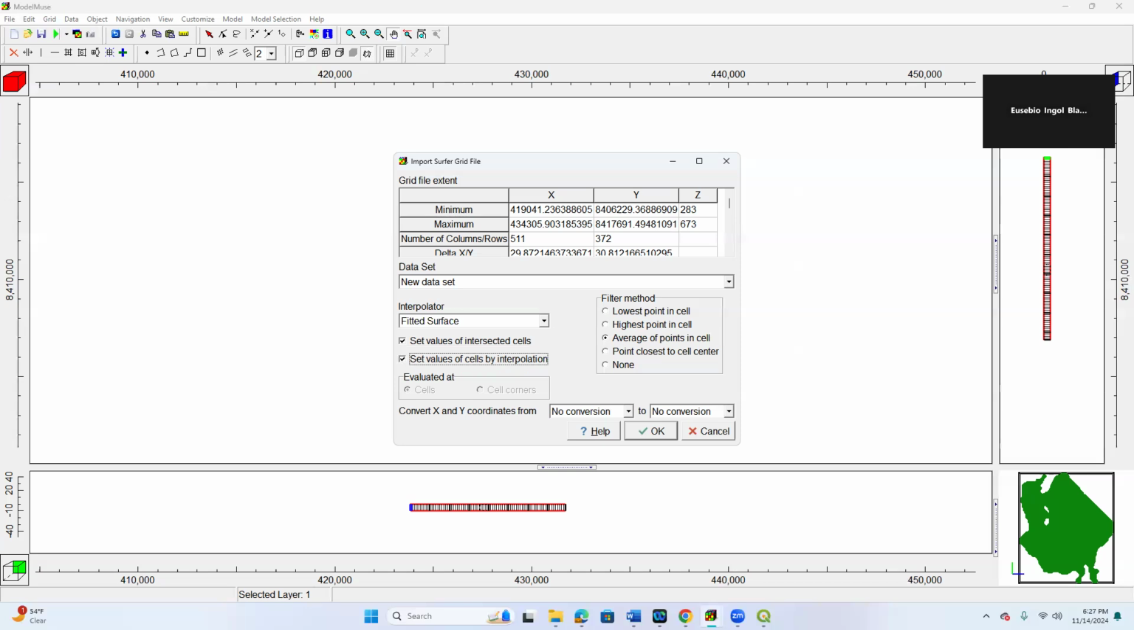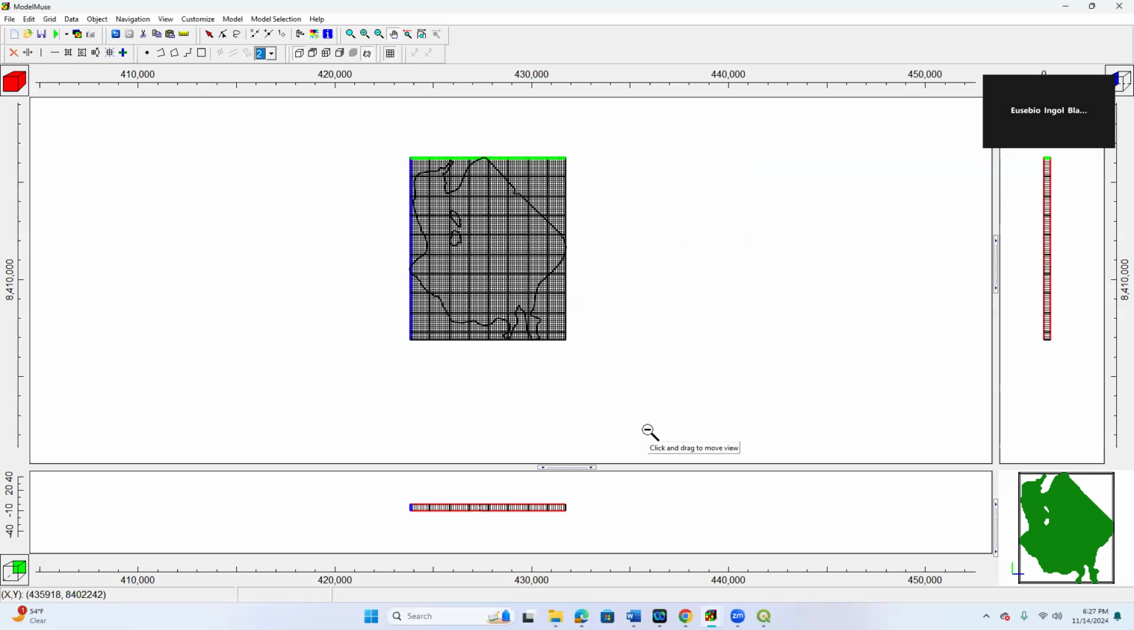What kind of information do we need here? We don't need more in this case. I think we have the information. Okay, and we can use the average point, and then okay. And then, to see the changes, we need to link this surface to our